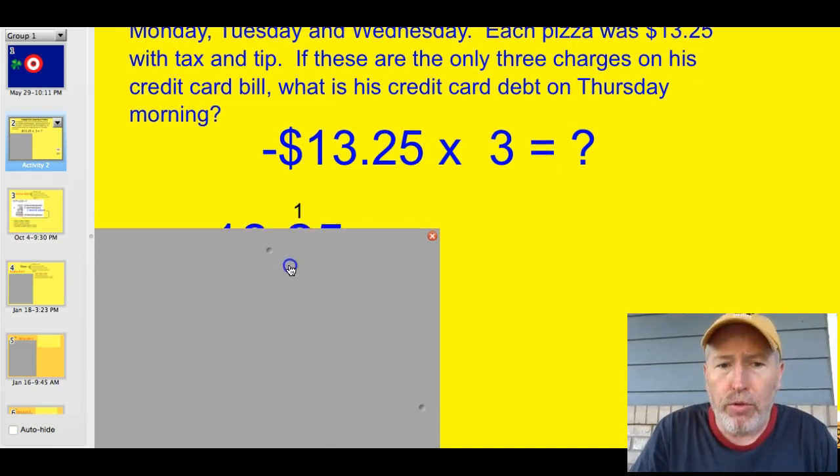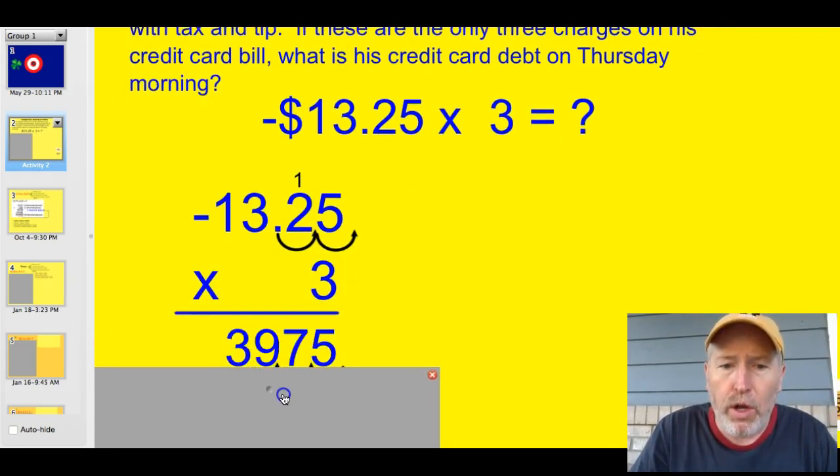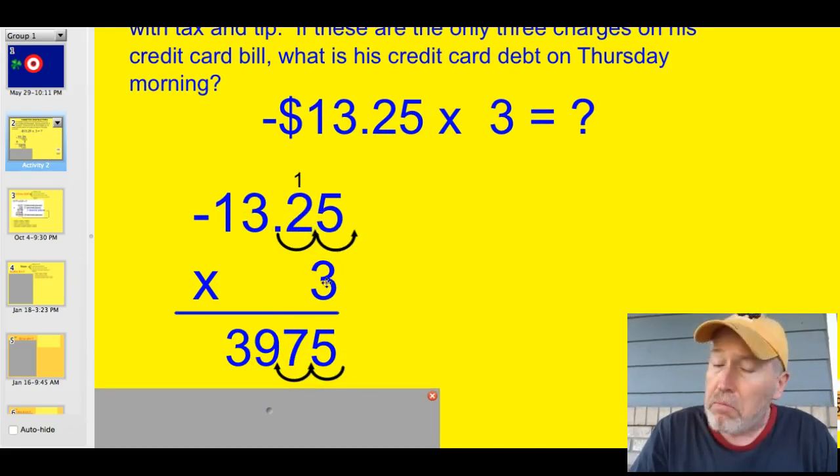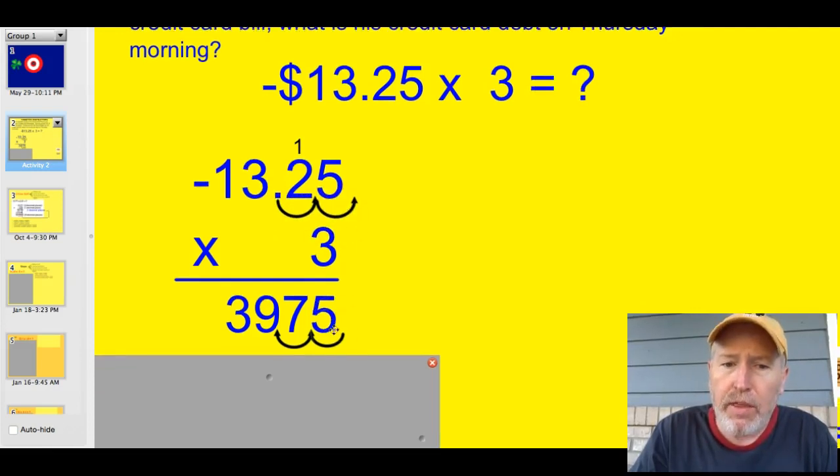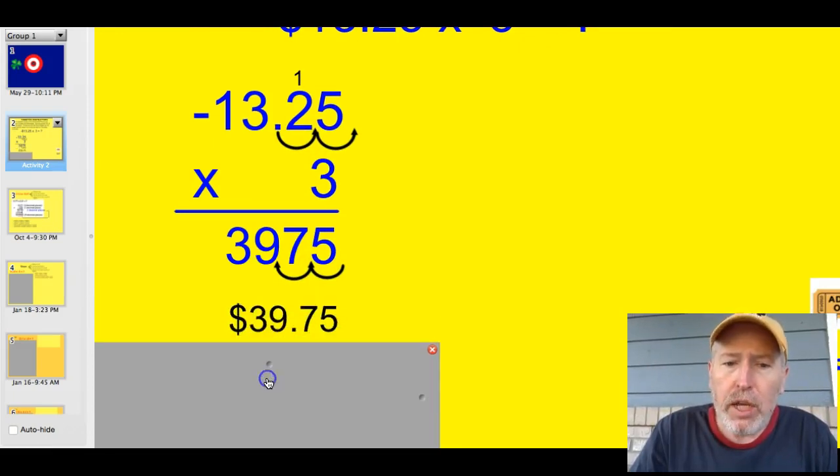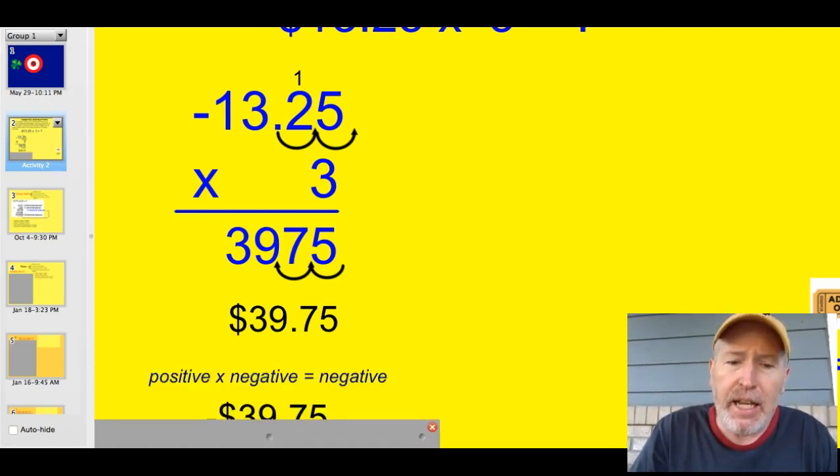Now I'm going to show you how to go through and do this. I did the work for you. You go ahead and just multiply 13.25 times 3, and forget about the decimals. When you're done with that, you count the decimal places. There were 2 in this problem, in the 0.25. Then you take them out and you put them right back in. So it was $39.75 worth of charges, which really reflects as a negative